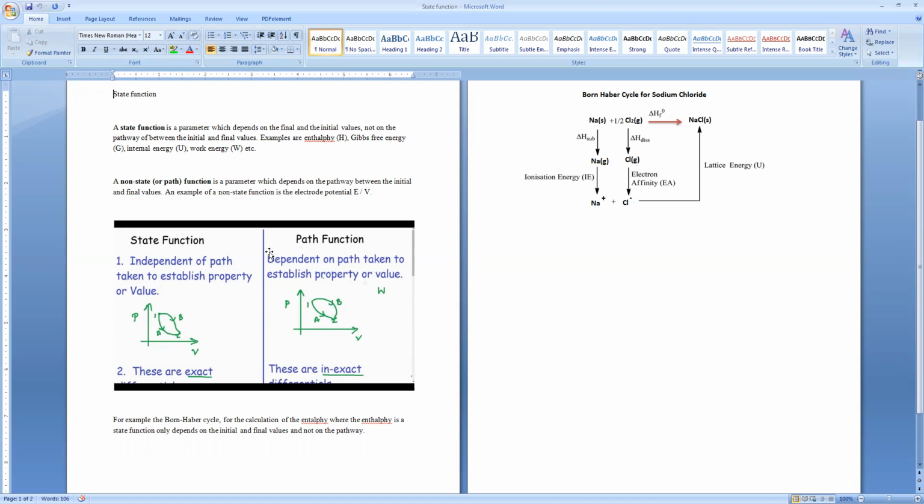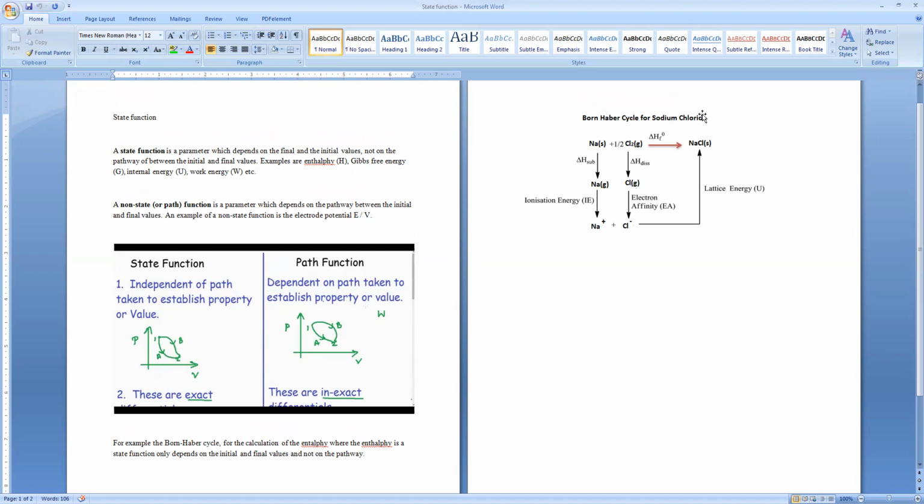Okay, for example, we go back to the Born-Haber cycle, here the Born-Haber cycle for the formation of sodium chloride. Look here, sodium metal plus chlorine gas, you get sodium chloride solid. So this sodium metal and chlorine gas, the enthalpy, you can actually